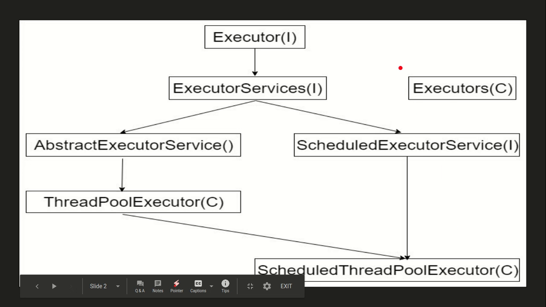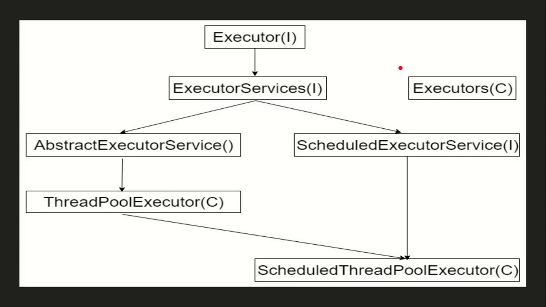So this is the part where you are getting familiarized with the thread pools and the executor services framework. The other part is the tasks part, where we have two different types of tasks, the Callables and the Runnables. I will create a different hierarchy video for the tasks part. But I don't think you need a hierarchy video for such a small topic. It is more or less that there are two kinds of tasks, Callable and Runnable. I will explain them in detail in other videos, and I hope you will understand from those videos itself.